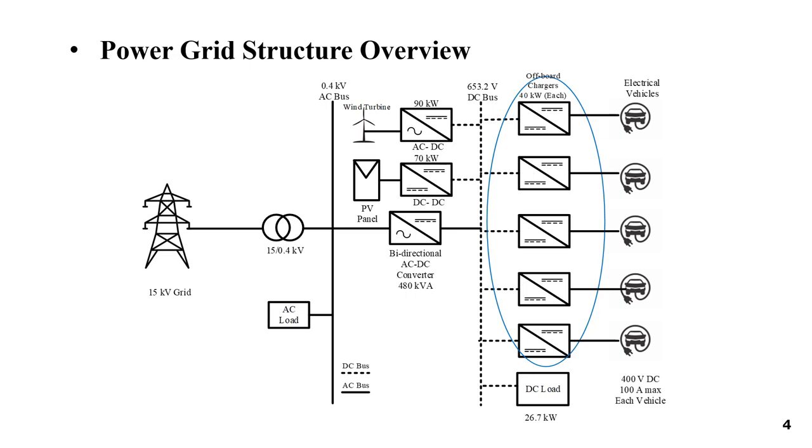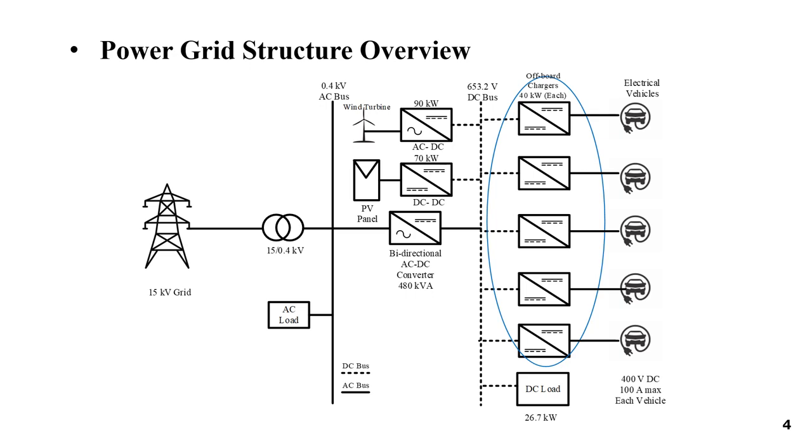This slide shows the figure of the power grid structure overview. The majority of electric vehicles, electric bicycles, and electric motorbicycles chargers are situated in cities where the medium voltage transmission grid is typically 15 kilovolts. In the figure, the grid with the medium voltage at 15 kilovolts fuels the DC bus through a bidirectional AC to DC converter. The PV panel and wind turbine both supply the same DC bus